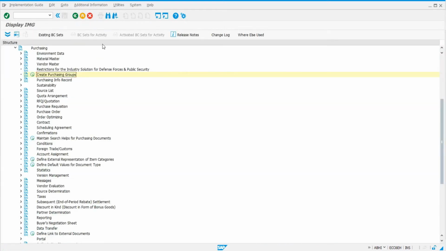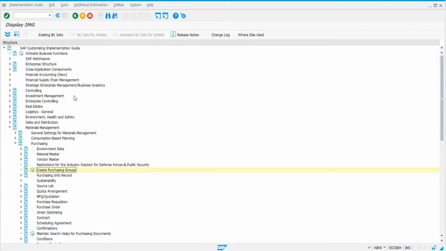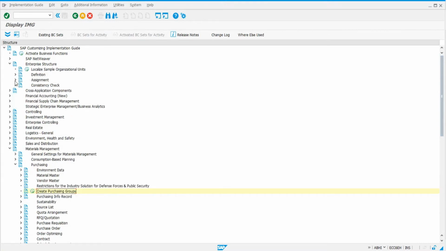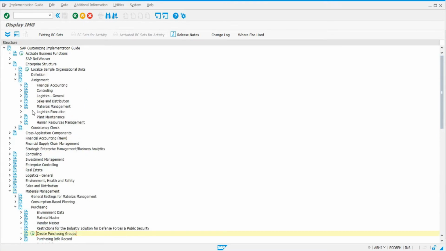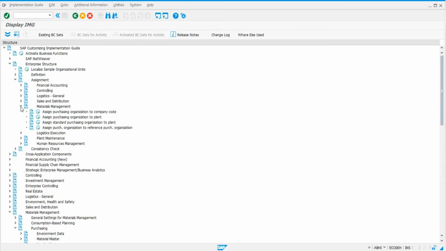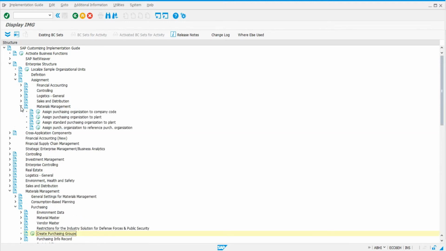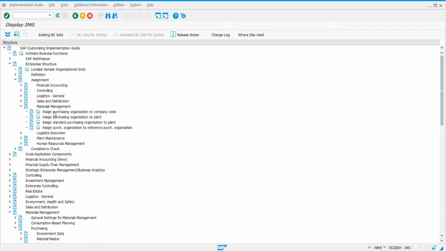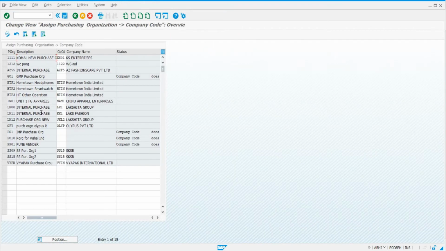Now we'll go back, and what we have to do is assign that purchasing organization to our plant. So we'll go into enterprise structure, assignment, material management, and here you can see purchasing organization to company code and purchasing organization to plant. So we have to assign both.